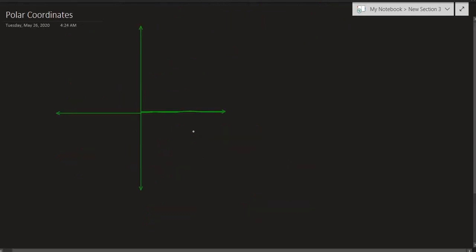So we have our Cartesian coordinate axes, which are roughly like this. So this is x and this is y. Any point on them, let's call this x1 and this y1, can be represented as x1 comma y1, like a pair of some distance that you travel on the x-axis, comma some distance that you travel on the y-axis. So any point is a combination of some x and some y. This is what you call Cartesian coordinates.